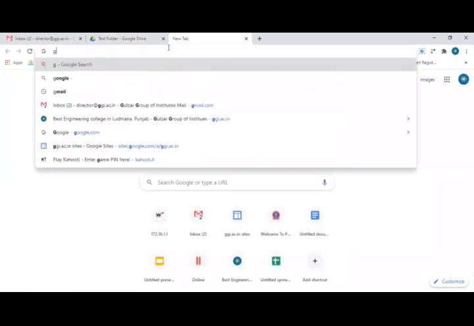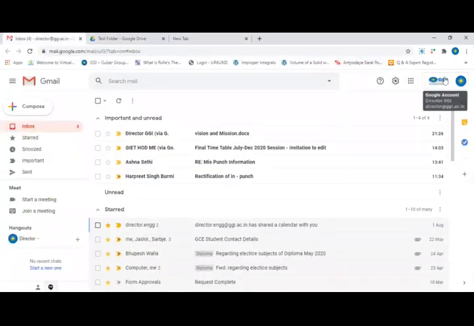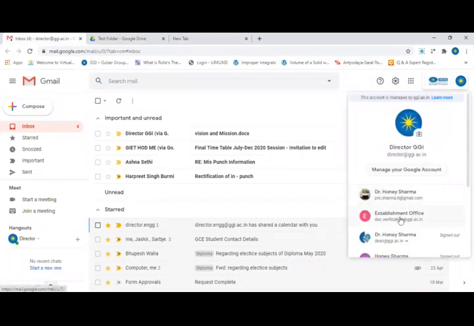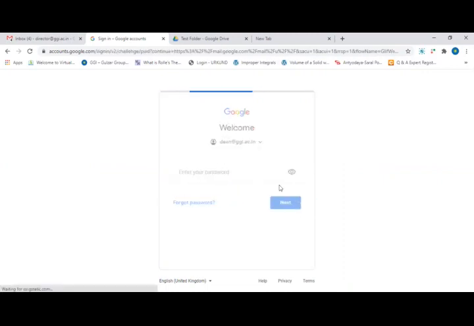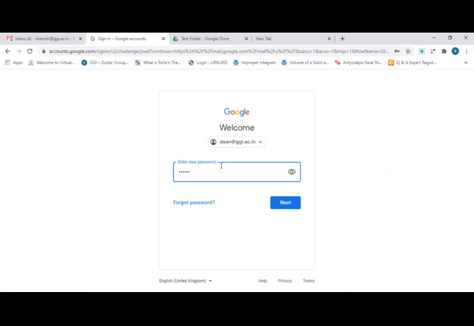I can open it here also. So let's open this particular mail only. So I sign in to my other mail ID, which is dn@dgi.ac.in. Password I put, and 2009.